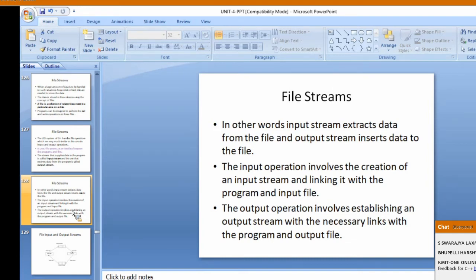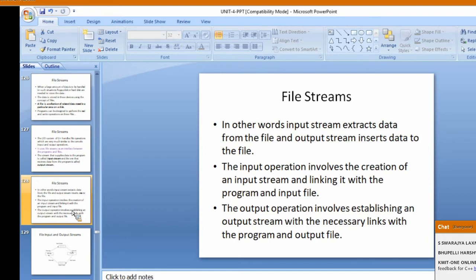When we are performing any operations on streams, we need to create a stream. When we are performing any operations on files, we have to create a file stream object. It depends on whether you want to perform input operations or output operations.